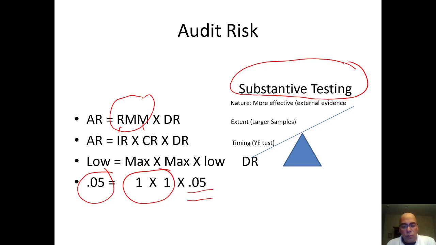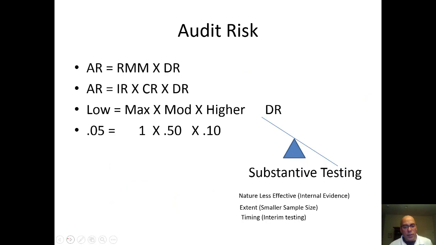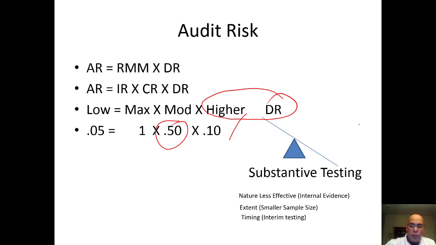And then we said that if the auditor had made the assessment of risk of material misstatement at less than the maximum, say because in this example, remember we lowered our control risk, and we're going to be talking again about how the auditor would make that assessment here in this chapter, including in this case you would have to test operating effectiveness to assess the risk of material misstatement at less than the maximum, but that then allowed us to bring up a little higher, remember I said don't call it high detection risk, but a little higher detection risk, and the way we do that, we could then accept a lower level of substantive testing, nature, extent, timing, doing what?